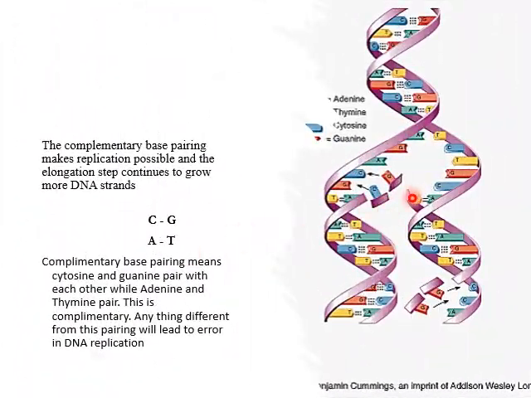This is the unwinding. This place has been unwound, it's already separated, and new strands are being synthesized in a complementary way. C and G are complementary, A and T are complementary. So they are being added to each other like that continuously. As this unwinds, it continuously